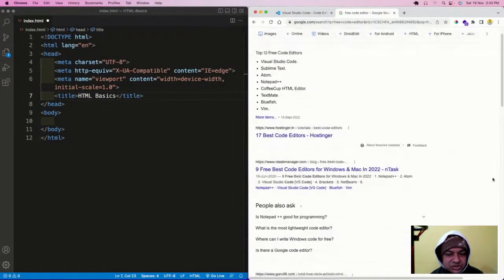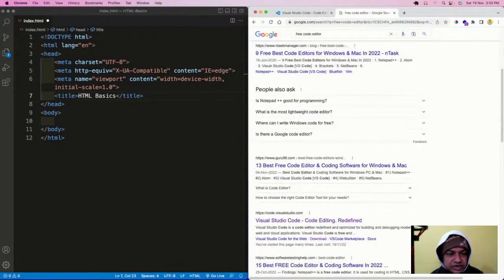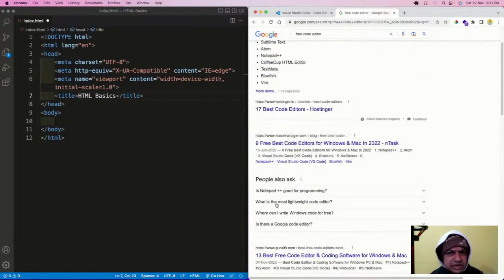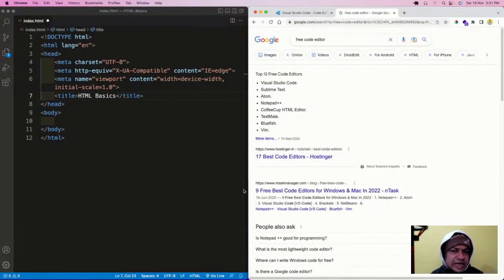So Visual Studio Code is there. Why is it coming? Because the meta tag contains some keyword here, like the engineers have put that thing, and Google works like that. Googlebot checks your site, like it scans the whole of the internet, and it checks your site for whether that keyword is there or not. Okay, so then this title I have written, and now we'll go ahead and write something more here.